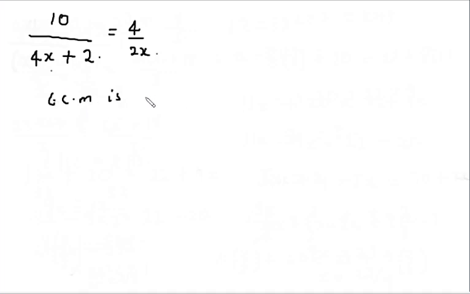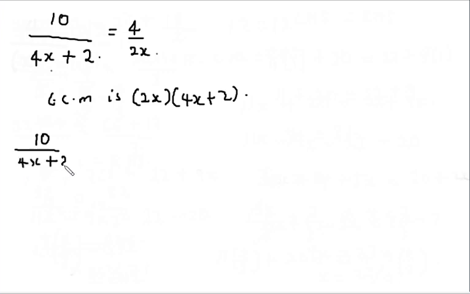Okay, so the LCM of these two fractions is 2x times 4x plus 2. Okay, so the next step after getting the LCM is to multiply each fraction, or each term, by the LCM. So you have 10 divided by 4x plus 2 times